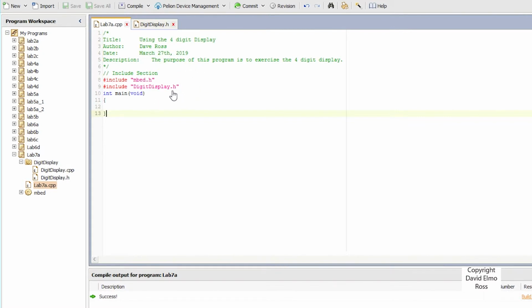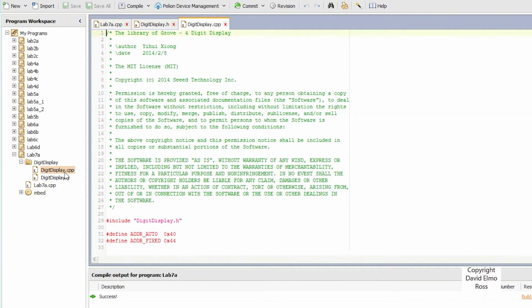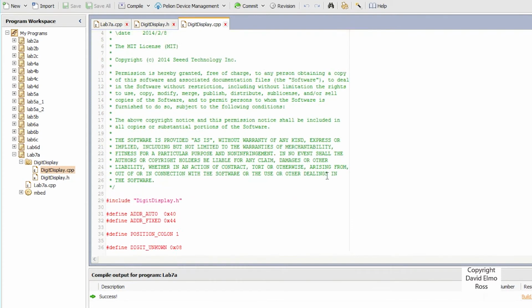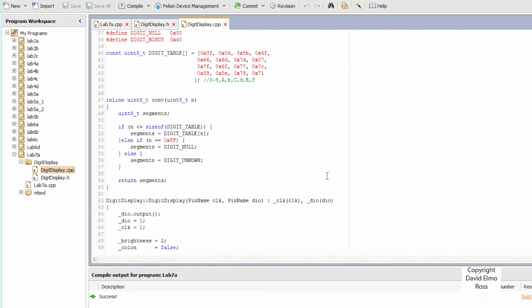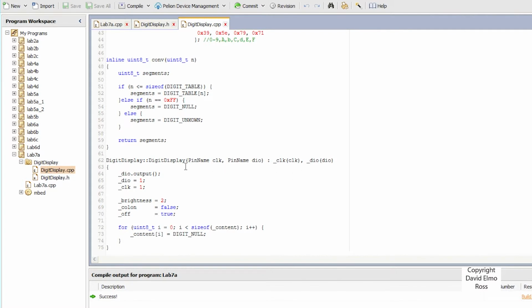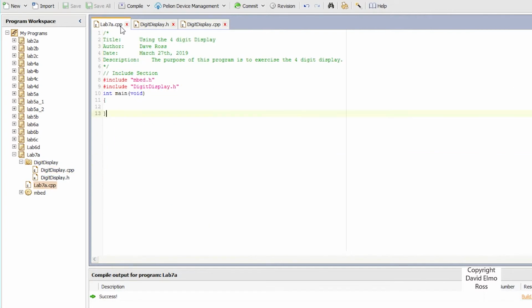So it needs to have embed.h included. We have to start looking at digitdisplay.cpp. This is going to have our class functions in it. And the first one we have to look at is this one, digitdisplay, to set up the pin names for our 4-digit display. So I'm just going to double click here, Control C, and go back to our program here,